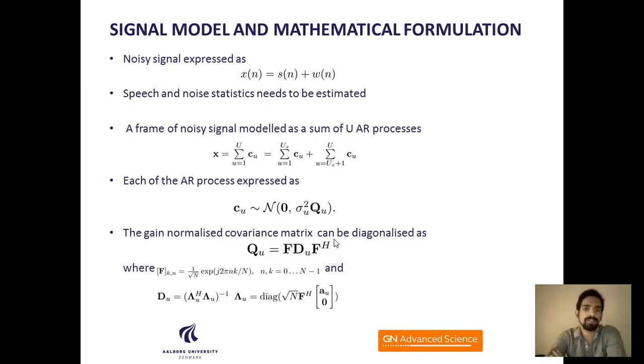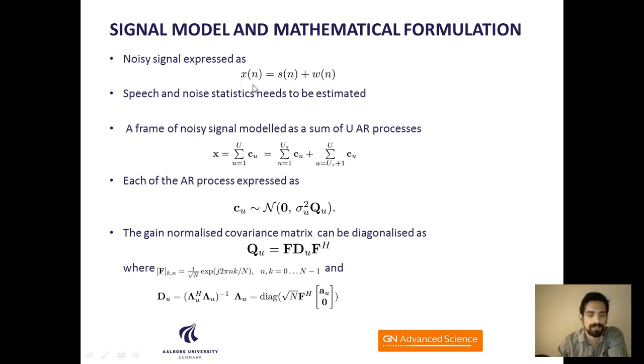So moving into the signal model, we assume that the clean speech S of n is additively degraded by the noise signal W of n to form the noisy signal X of n. And the basic task of any speech enhancement system would be to estimate the clean speech S of n from the noisy signal here. And one way to do so would be by using a Wiener filter which is applied